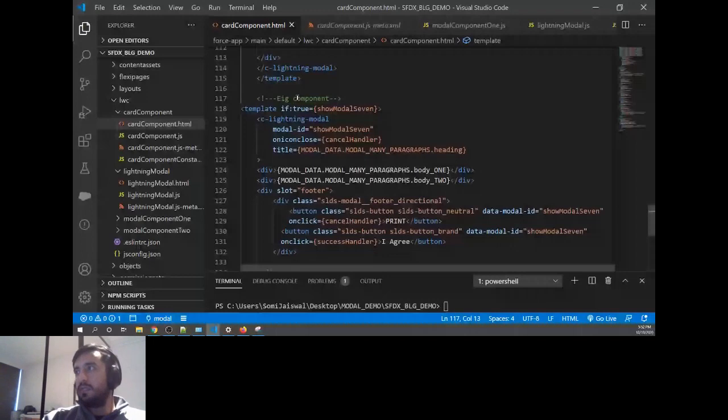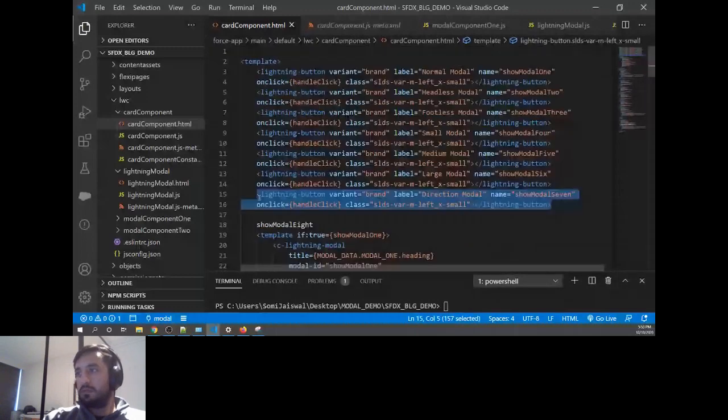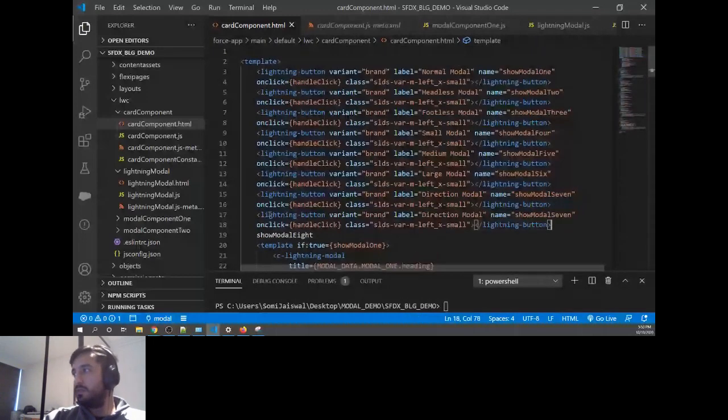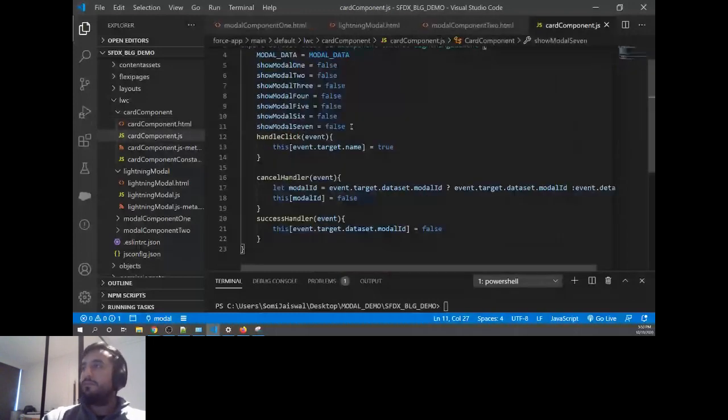I'll just copy paste the classes again, and I'll go to the top. I'll create a button as well. I'll just copy this. I'll say this multi body model, and in the JS I'll just add another property false.